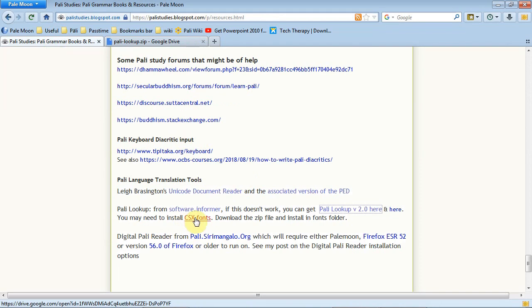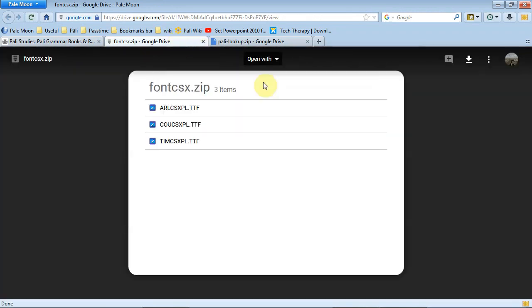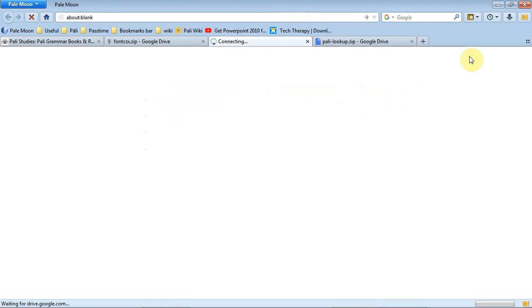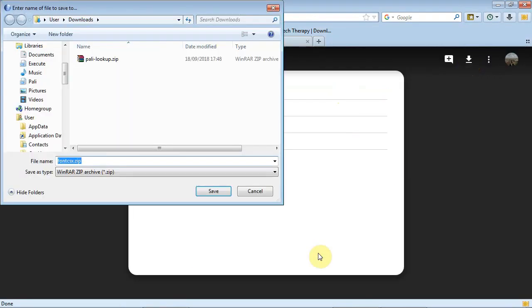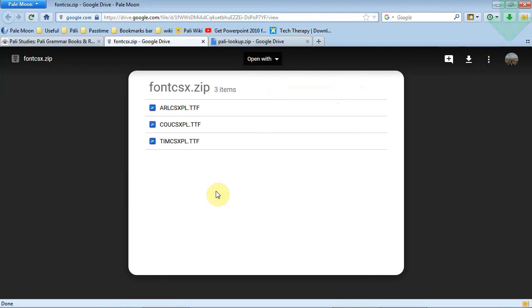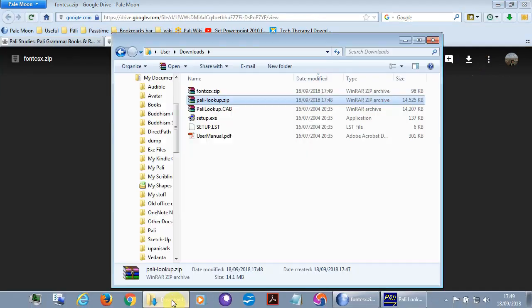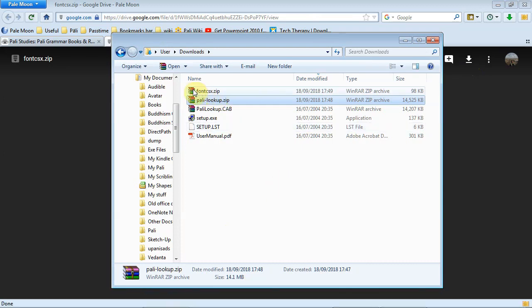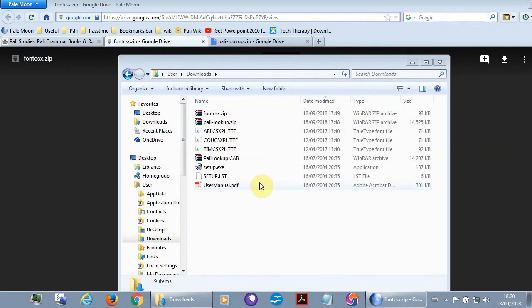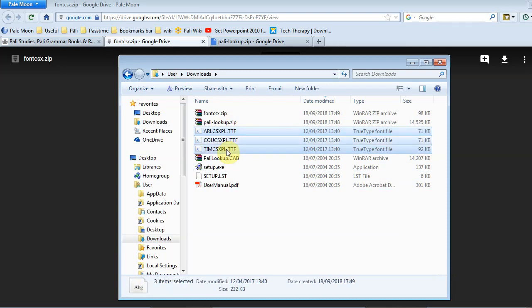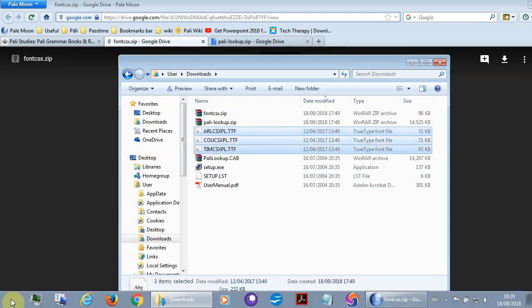here are the CSX fonts for the Pali Lookup. So if you click on that link, it takes you to another Google Drive file, and if you download those, you save those to your download directory, and again here in the fonts, if we extract those fonts, so that will give us 3 fonts which we have to install,